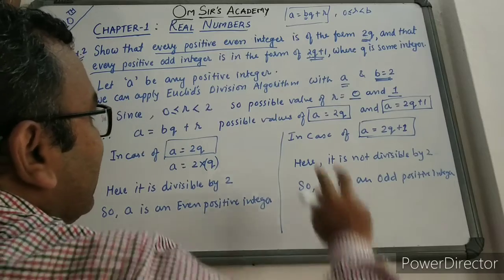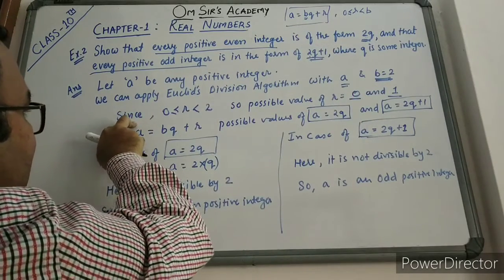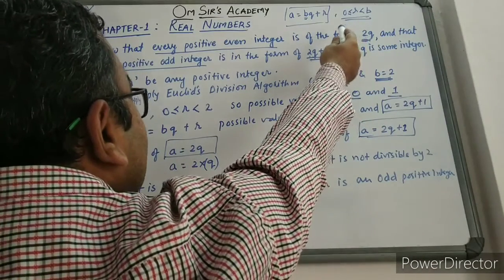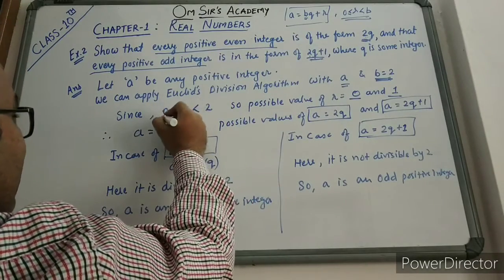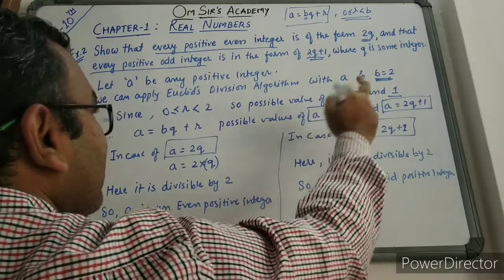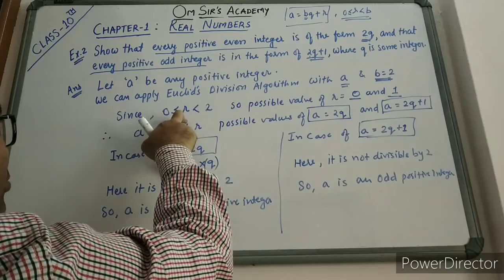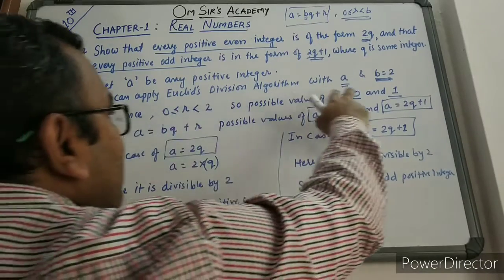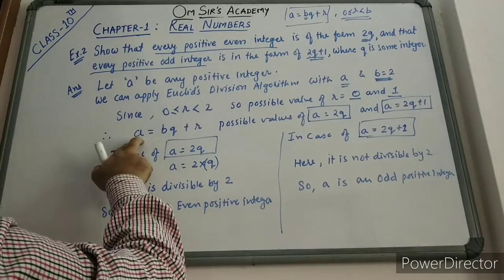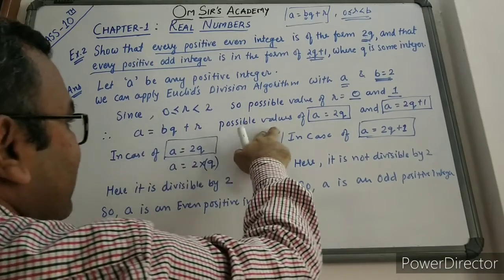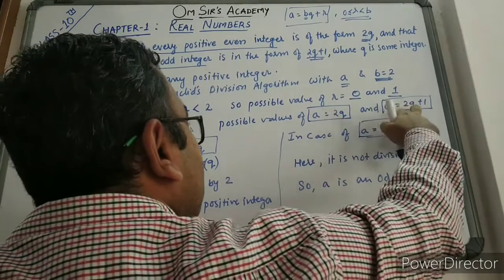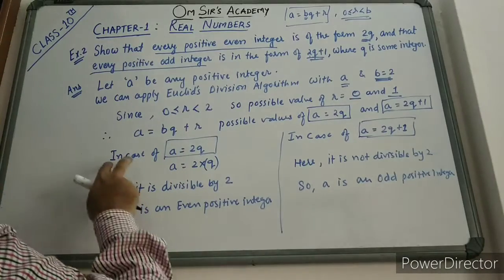Then since we can apply Euclid's division algorithm with a equals to a and b equals to 2, then हमने क्या किया कि ये वाला step लिया lemma का कि r की value क्या होनी चाहिए, 0 से greater और equal and less than b। तो since r should be greater than equal to 0 and less than 2, so possible value of r जो है वो दो possible हो सकती है, 0 and 1, क्योंकि 0 से equal and 2 से lesser, वो दो ही possible values है, that is 0 and 1, ok friends। Then therefore a equals to bq plus r हो तो possible values of a जो है वो दो होगी, that is 2q plus 0, that is 2q, and the another value will be 2q plus 1.